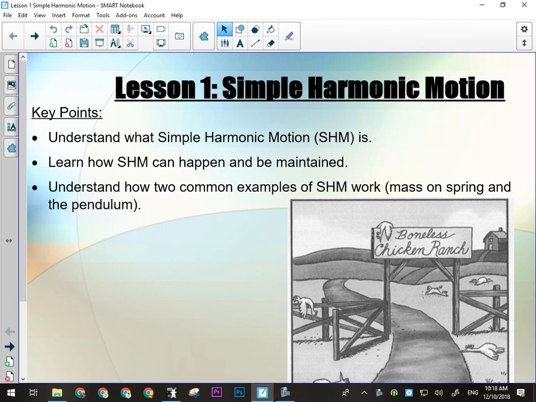Okay, so we're going to look at the first concept in Unit 4 today, and that is simple harmonic motion. All right, simple harmonic motion, very simply, is any motion that repeats itself over and over and over again in exactly the same fashion. All right, so a pendulum, and see, I'm getting double usage out of my ghetto physics thing here, okay? Triple usage, that's right, because I used it for horizontal and vertical, and now it's a pendulum